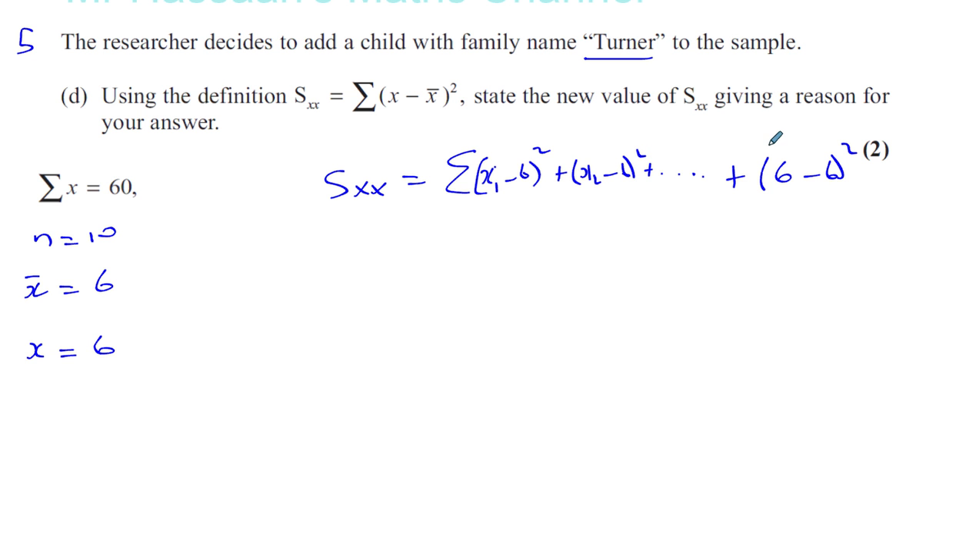The 10th name. Then the 11th name now, if it has 6 letters, it won't affect the mean, because it will be 66 over 11. Now you have 66 over 11. So the mean still stays 6. And the difference between the mean and that number of letters in the name is going to be 0. So you're going to add 0 basically to this sum. So your answer is that Sxx will not